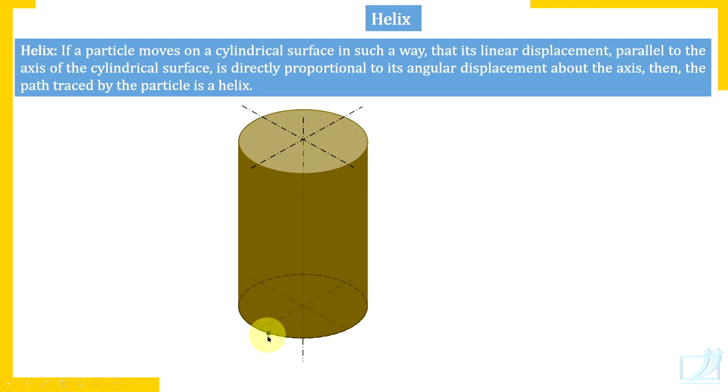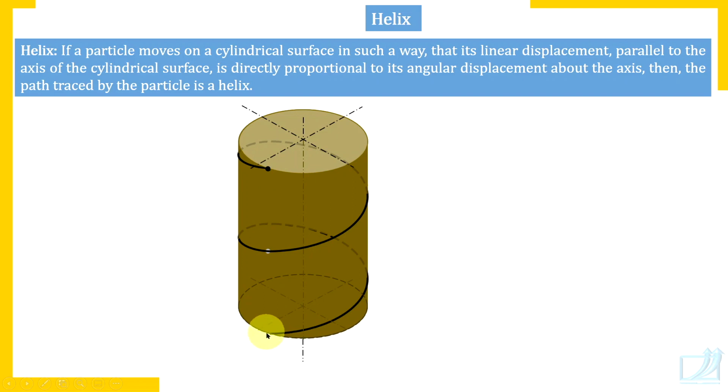Let's assume that this is the particle which starts moving on the surface of the cylinder. Now this particle is right now at the bottom. It's now moving on the surface of the cylinder. Now it is on the backside of the cylinder, and that's why the path traced by that point is hidden. And now it comes on the front side of the cylinder, and again it moves on the back side of the cylinder, and this curve is a helix. It is like a spring. You must have seen helical springs. So this black line, that is a path, is like a helical spring.